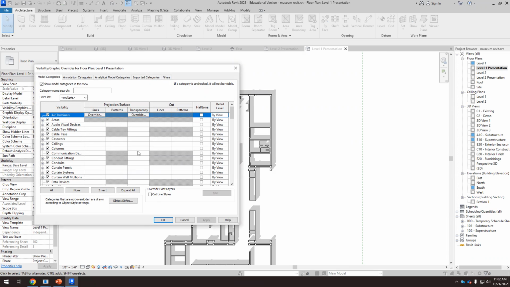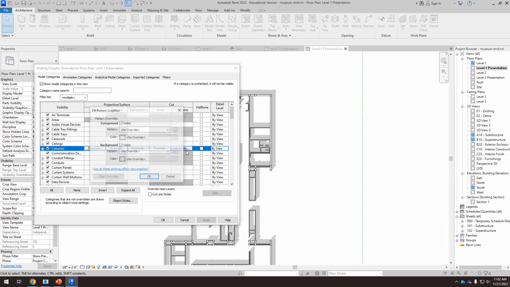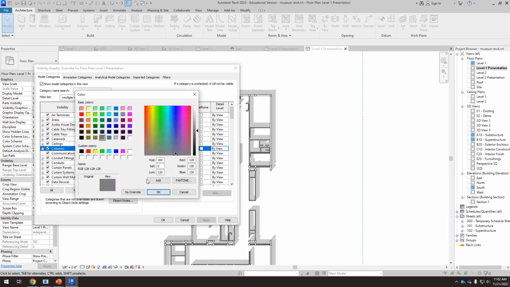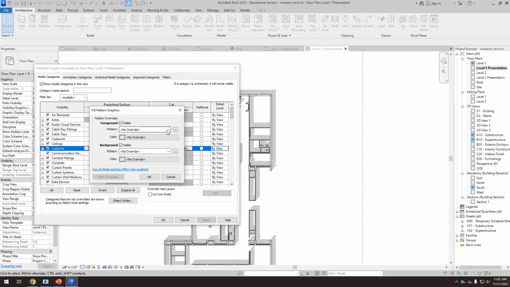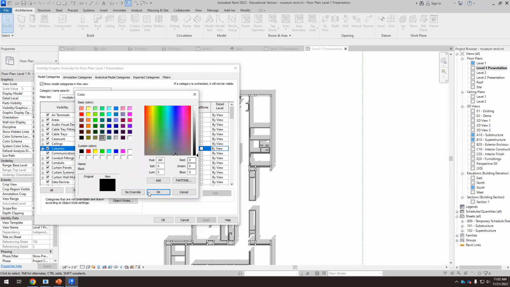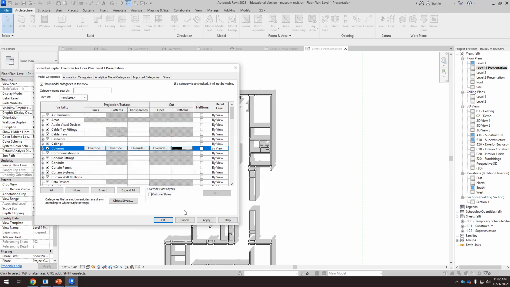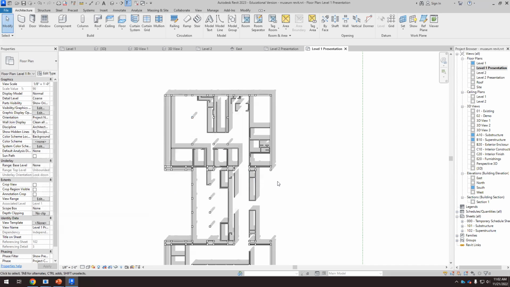So for sure I have columns. If I override this color here and I make it first solid, and then I select black and then apply,